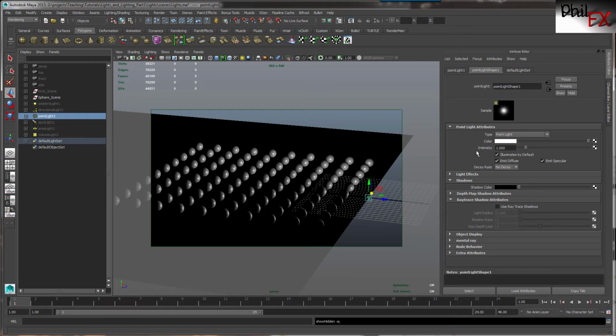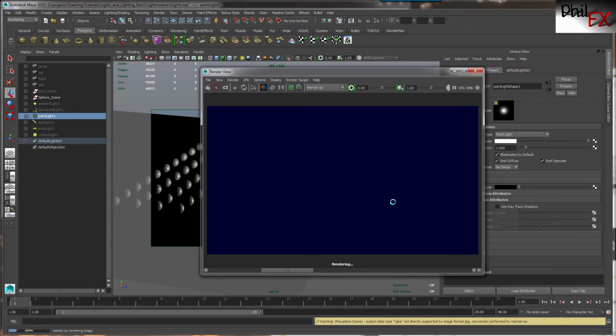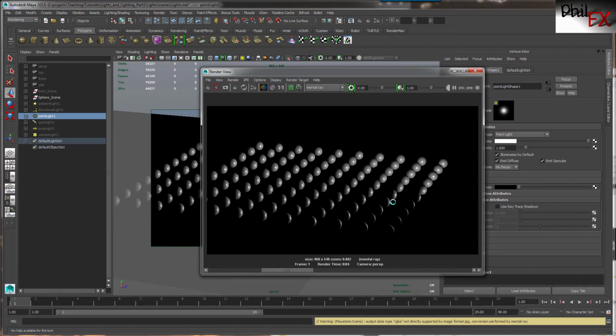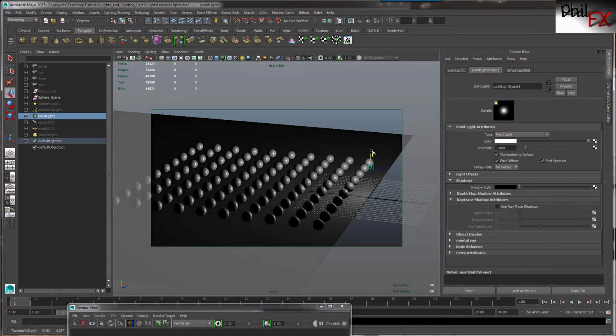So we go back here, and again we have this point light. Let's go ahead and do a render with this. And you see the point light looks very much like the ambient light. Okay, we have some directionality. It actually is omnidirectional. It's radiating the same in all directions. The thing is, where I have it placed low on the floor, the light is being blocked by these other spheres. If I take this and pull it up,